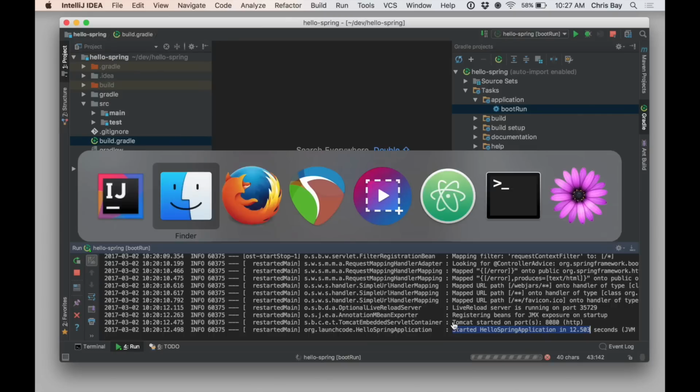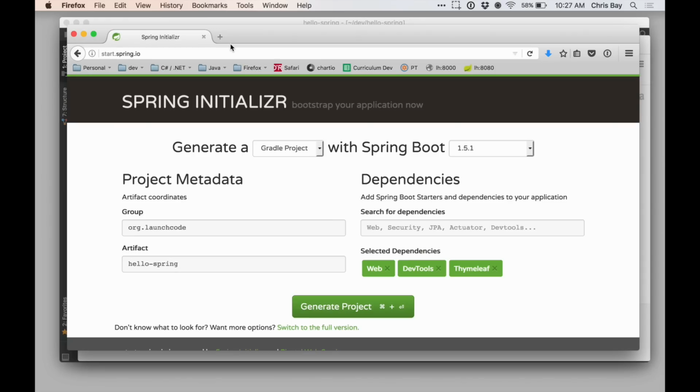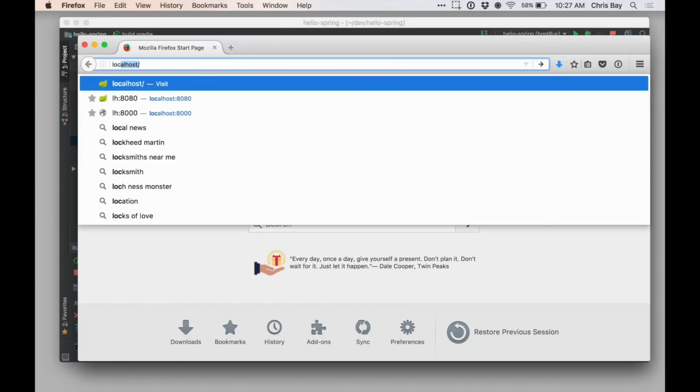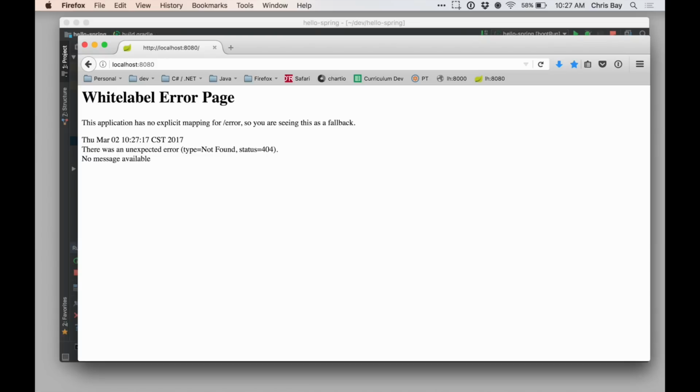So let's just go ahead and go to a web browser and browse to localhost colon 8080. And you should see an error message here. Okay, so that's not too surprising. We haven't actually added any real code to our application. This is just telling us that while our application is running, there's basically nothing sitting there listening at its root path. So we're going to go ahead and go back now and add our first controller to listen for web